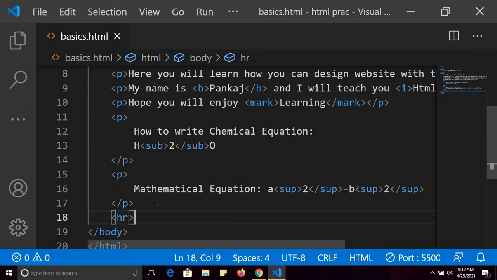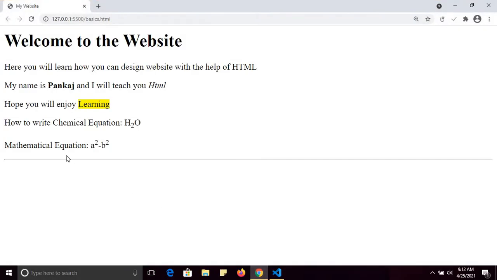Let's show the output. So the HR tag is used if you want to draw a horizontal line. As you can see this horizontal line in your web page, and for that I am using the HR tag, horizontal line. We will develop some good web pages using HTML in the coming lectures, but this is just to explain the basic tags of HTML.